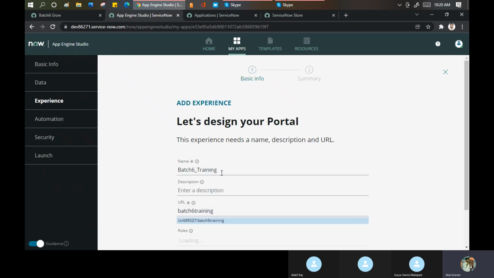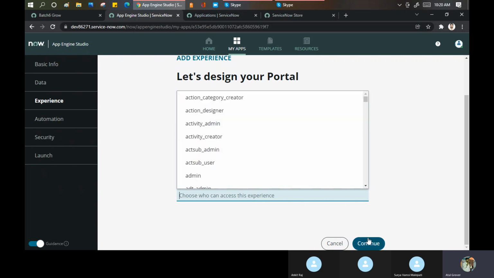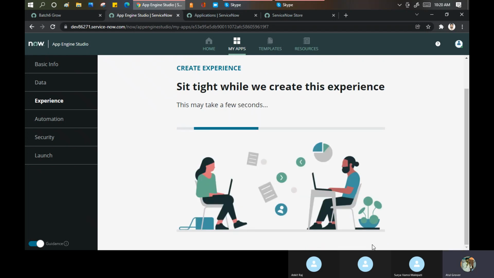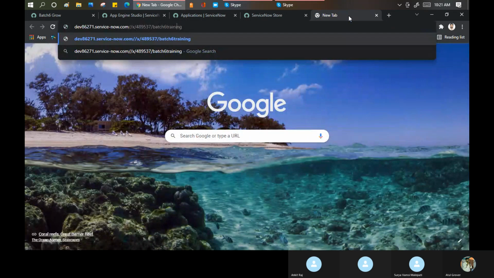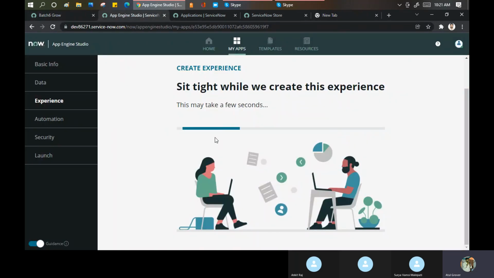Let's create our own portal. This is my URL for the portal. I just copy paste this to show. You can put the roles who can access this portal, like we did in the practical part. So I'll say everybody, all, let's not put any user, otherwise it will create problems. Click on continue. My portal has been updating. Let me open this and try to show you. Let's see if it is saved, only then I'll click enter. It's still saving.